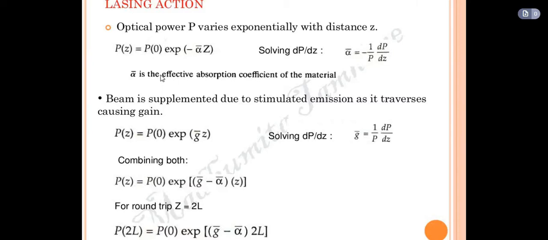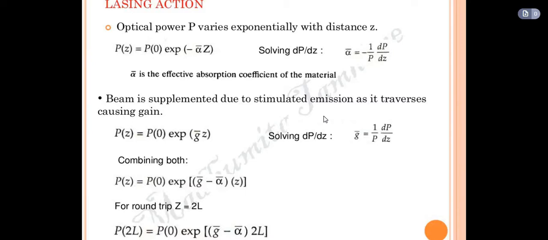What is alpha bar over here? It is the effective absorption coefficient of the material. Next, we want to find how much is the beam. Because we know that the laser can pass a single beam of light, a mono. How much is the beam that is supplemented due to the stimulated emission as it travels,